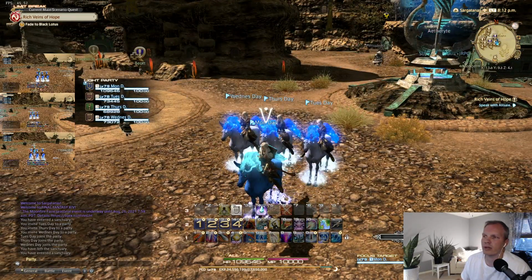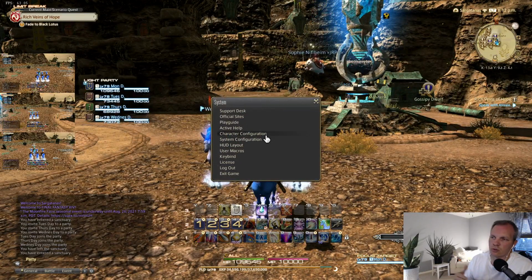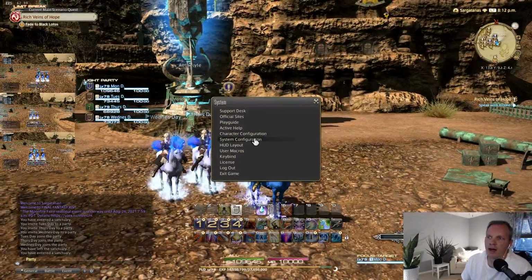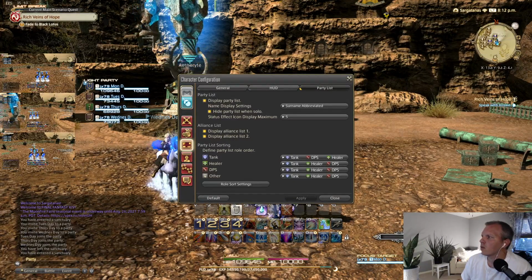So let's go with your main character. You want to tone down quite a bit, but you go with the settings you want. But I'm talking about your extra characters, like my Tuesday, Wednesday, Thursday. I got 4 characters here. It's awesome. You go to character config first, right? So in character config, we are looking at...